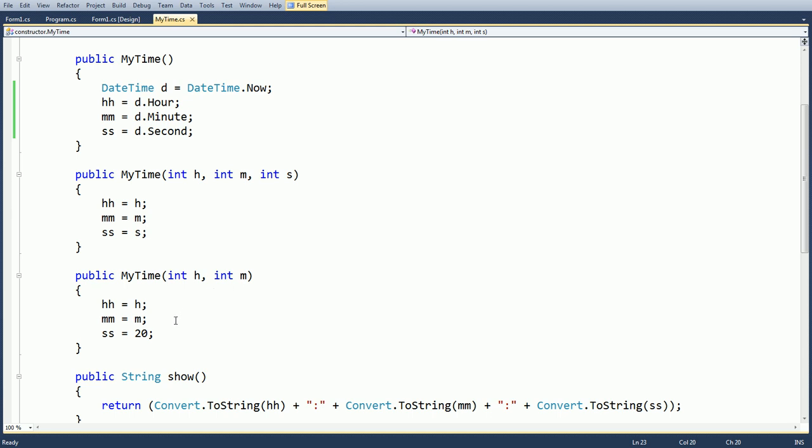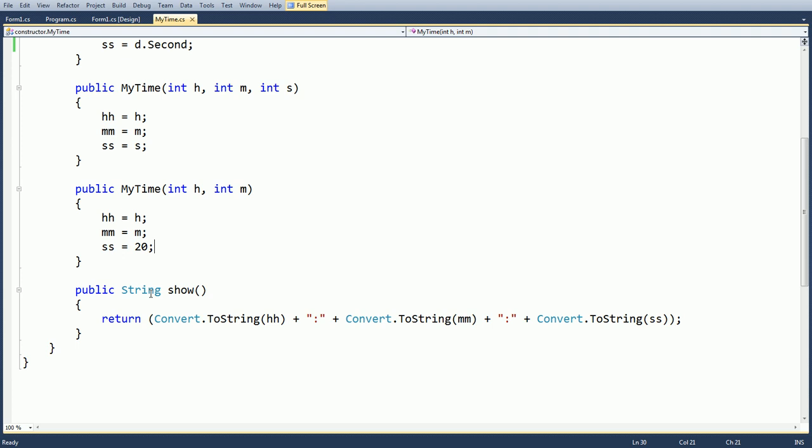But in this case, you have to take one parameter as a fixed value, because here we have to initialize three values because we have three attributes. Therefore, here you can use a fixed value. And now here is a simple function. That function returns a string. It simply displays hours, minute, and second.